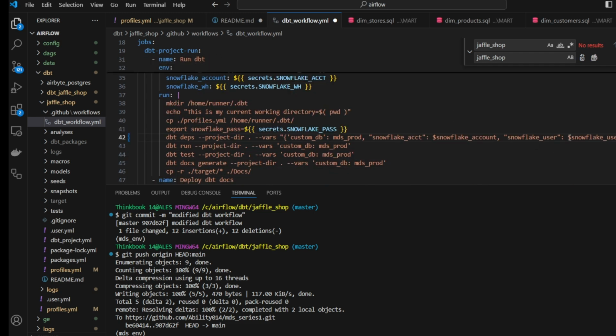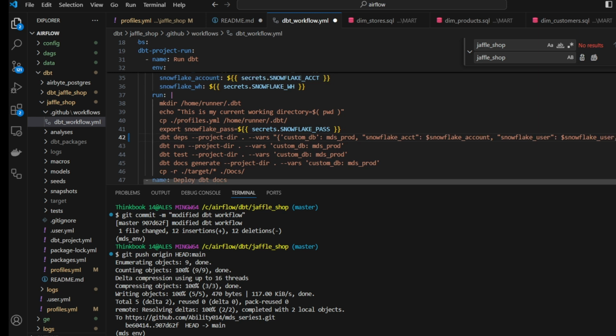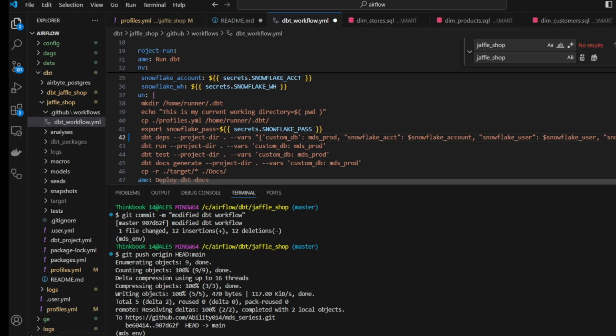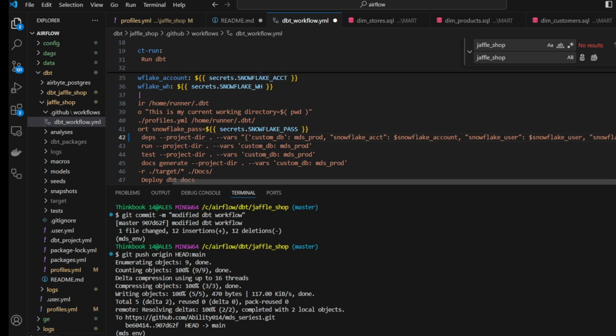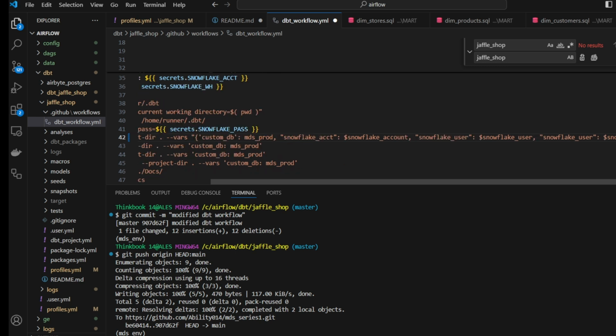I'm using a dollar sign to call it, since it's an environment variable, so use the dollar sign to call it this way. Then snowflake user, then dollar sign snowflake user, then